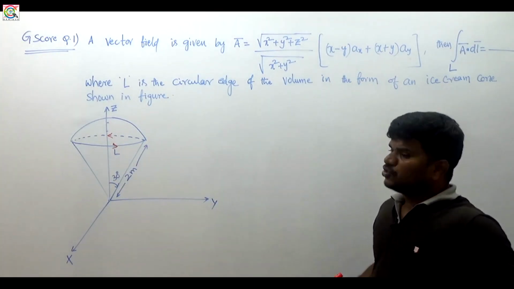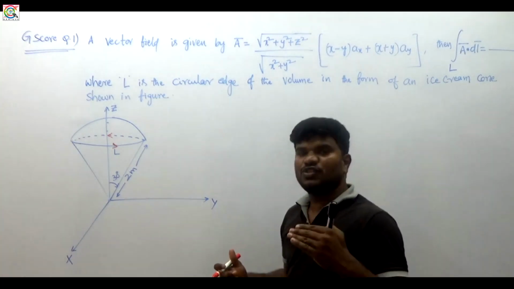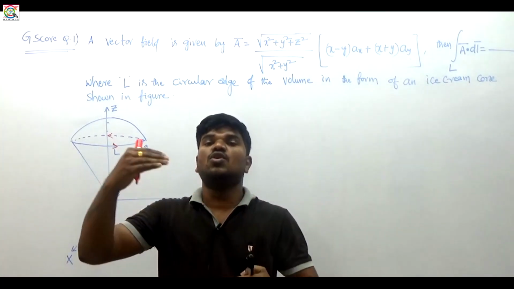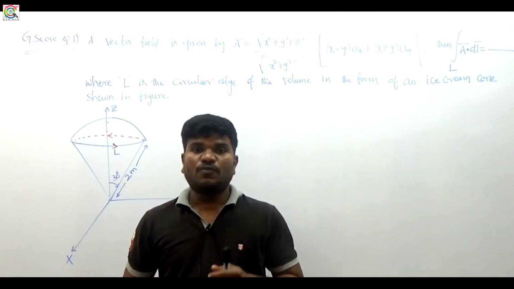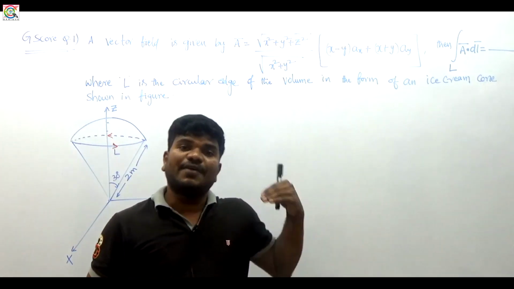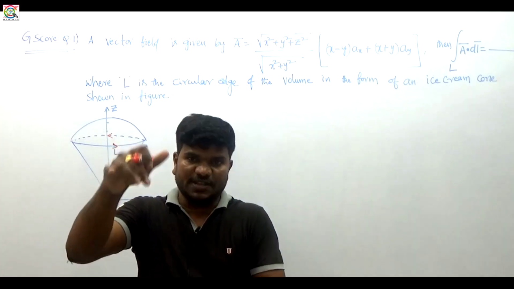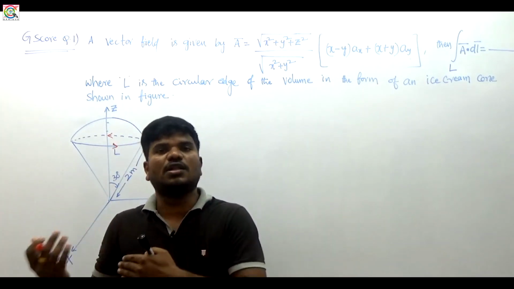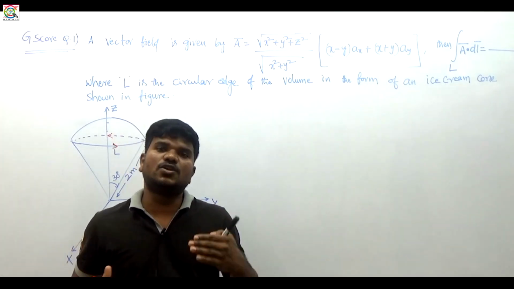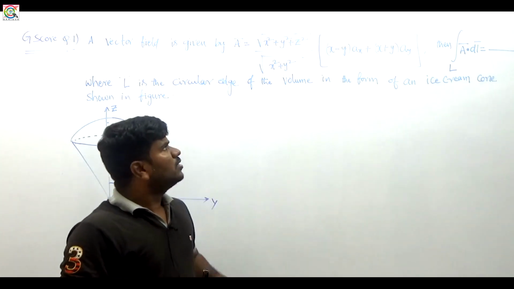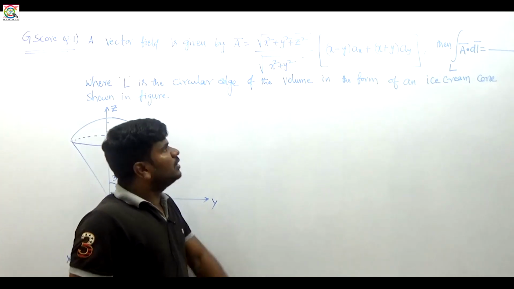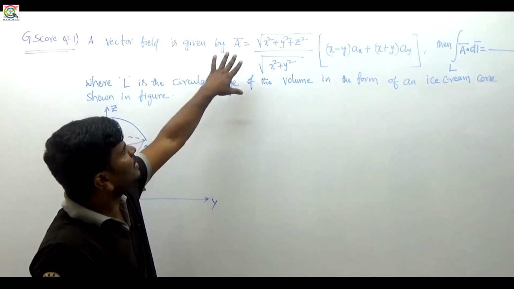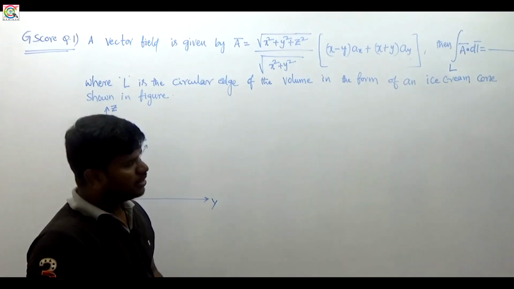Now, before solving this question, first of all we should have an idea in which coordinate system we have to proceed with that question, right? First of all we have to identify in which coordinate system the vector is given. Then only will it be easier to solve that question. So now if you observe this question, that vector is given in the Cartesian system.